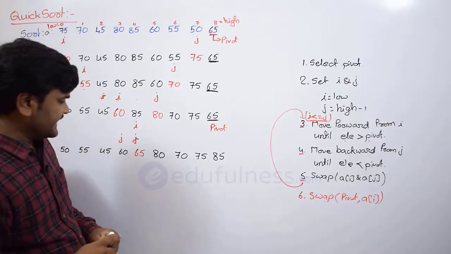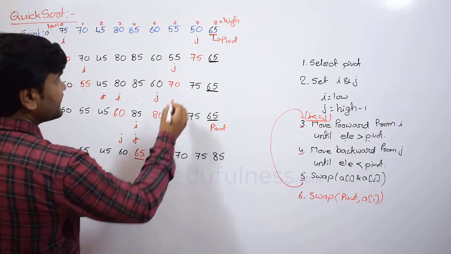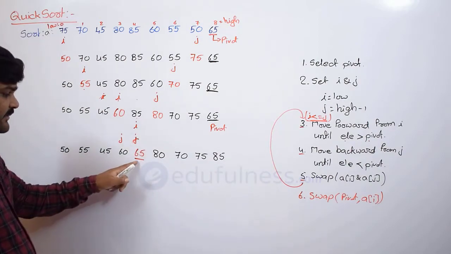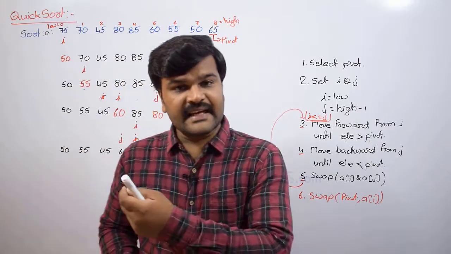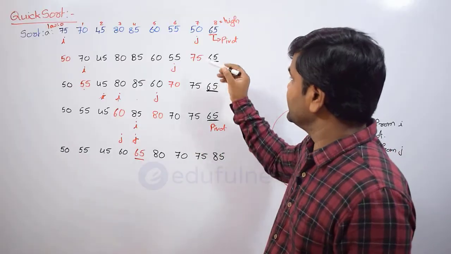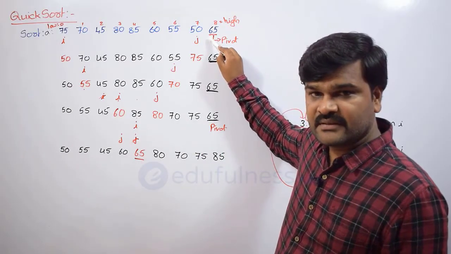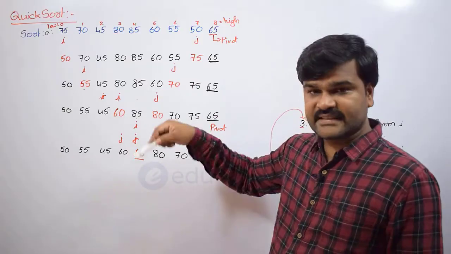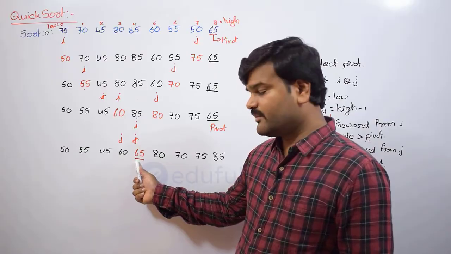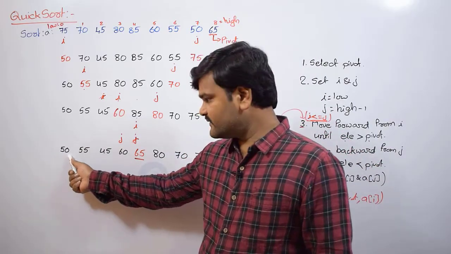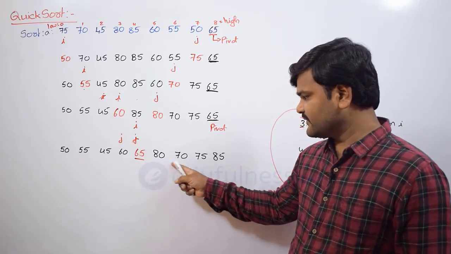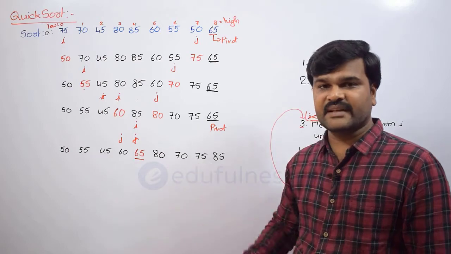Now what is our understanding is, whatever pivot you selected initially, that came to its correct position in the ascending order, that is what we have to observe. Okay. So that you can observe here. So here you see I selected 65. What you are doing every time, try to understand meaningfully. So here you see for the 65, whatever elements are there on the left side, all of them are less than this 65, and whatever elements are there after 65, all of them are greater than 65.